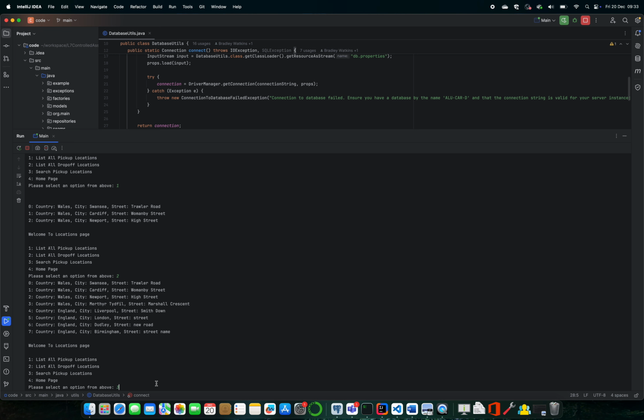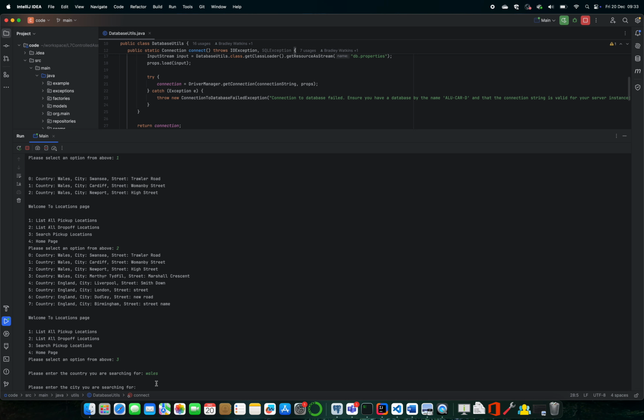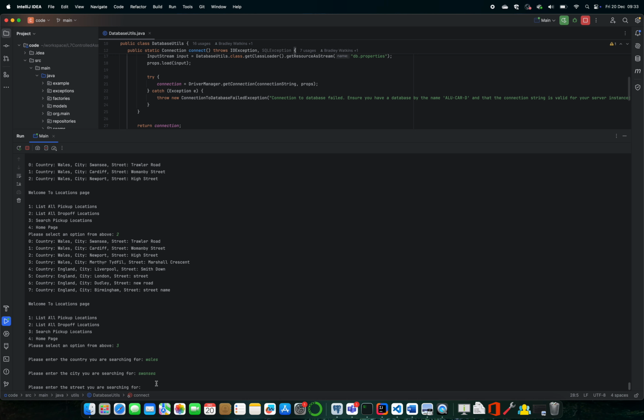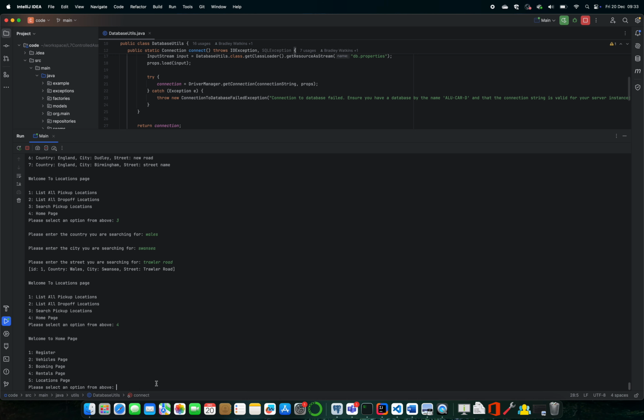And we can search for pickup locations. This is less useful. What it basically allows us to check is, does this exist? But it doesn't go any further than that. So I believe that was all